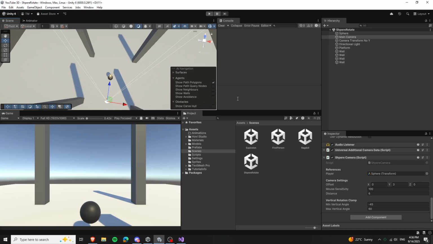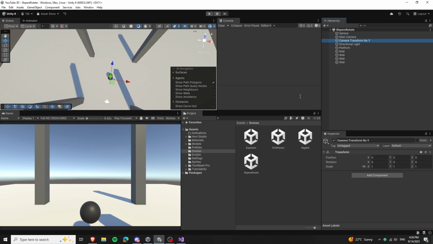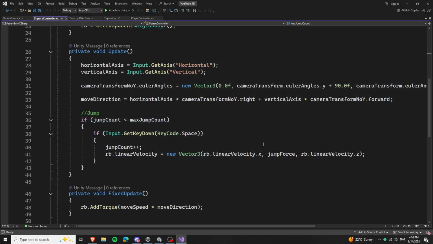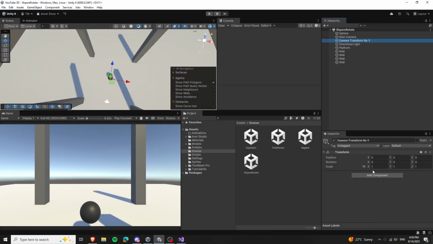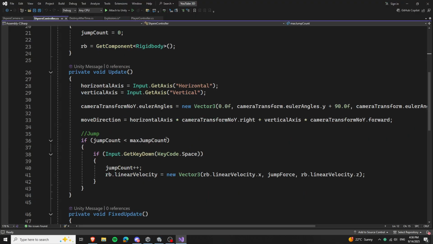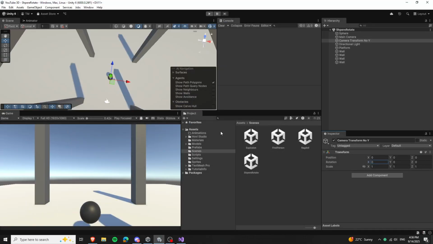So to do this, we have a separate object, an empty object, and what we do is we copy the rotation of the camera here, but we put 0 on the X rotation. So that means that the forward will now be parallel to the ground. So that's what we do to get the forward relative to the camera